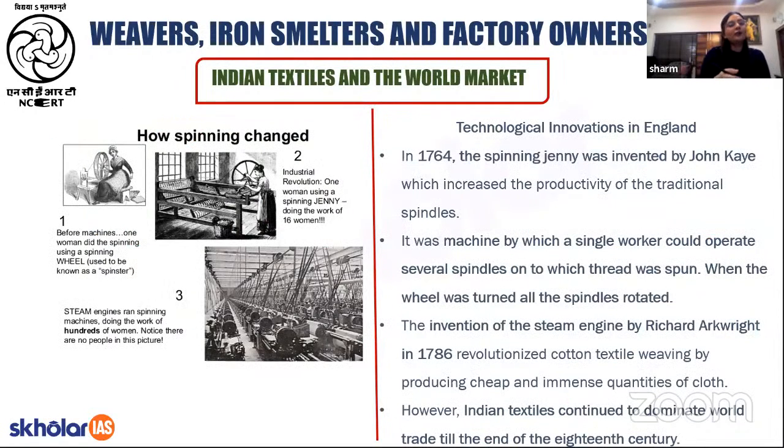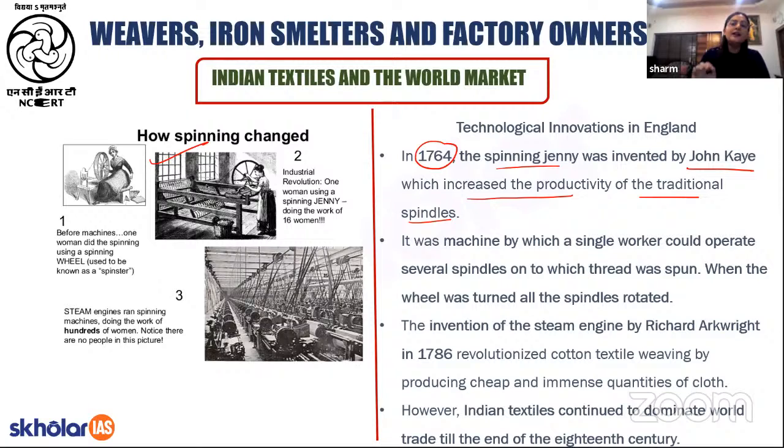Now, students, as I'd already told you, there was a search for technological innovations in order to get hold of the market in England as well as in India. The technological innovations in England included the spinning jenny, which was invented in 1764 by a person known as John Guy. And the idea of this spinning jenny was that it increased the productivity of the traditional spindles. स्पिनिंग जेनी क्या होती है? स्पिनिंग जेनी आपके सामने इस पर्टिकुलर पिक्चर में है। इसने कैसे प्रोडक्टिविटी बढ़ाई ये मैं अभी आपको आगे बताऊंगी।